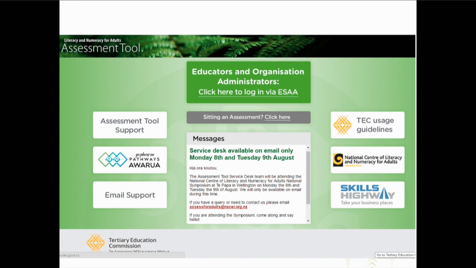And in terms of the suite of what we've got at your fingertips now, it was fantastic to see Nikki talking about the National Centre site, and really we see the National Centre site, Pathways Aurora, the assessment tool, and then also the TSC suite of pages, so the Guidelines and Skills Highway. We really wanted to make sure we had those at your fingertips, so now when you go to log in, this is the page that you'll see, all of the same links to log in to the assessment tool, but much more at your fingertips about the day-to-day information that we'd hope that you guys are checking out. And a little ability also on the bottom left-hand side to be able to email us.